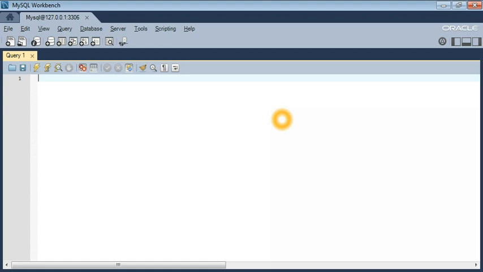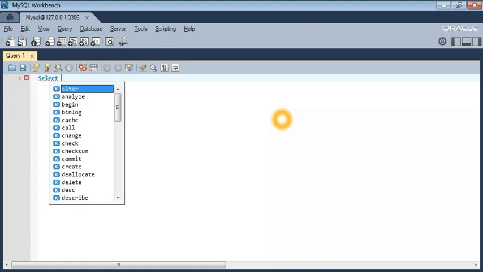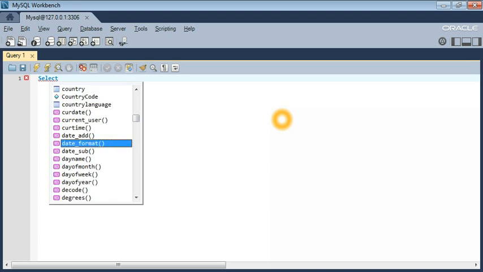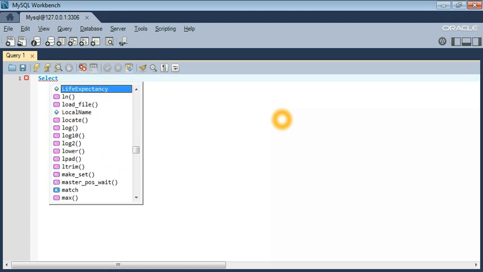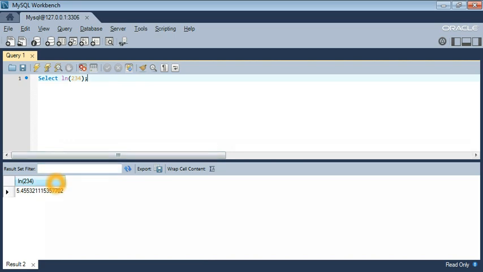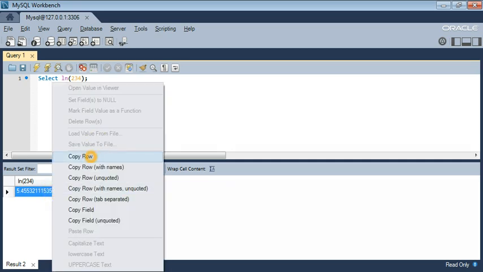ahead and start. First of all, enter select, spacebar, and then control and spacebar. Page down until you find ln, which is short for logarithm, and within that parentheses enter a number that's above 0 and click on run. As you can see from the results, the value is 5.45 for the logarithm value of 234,